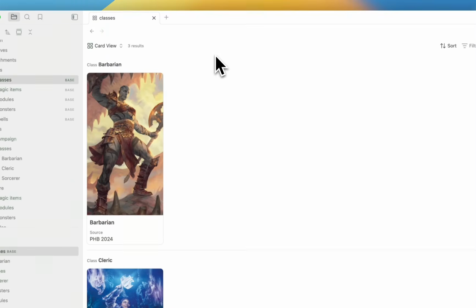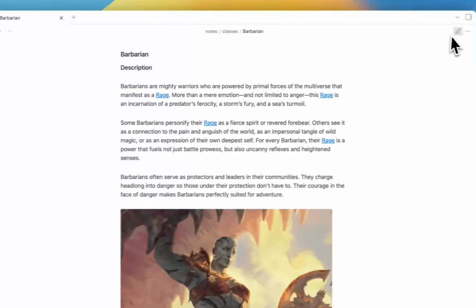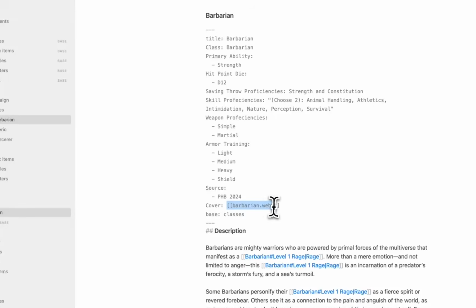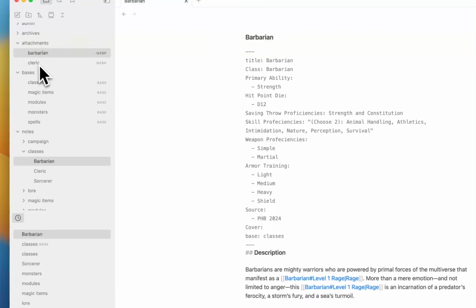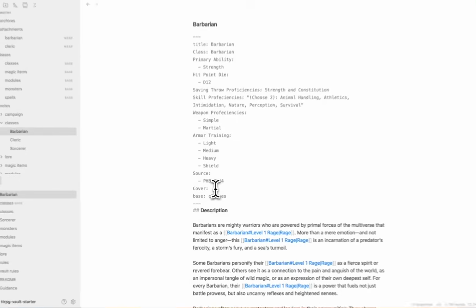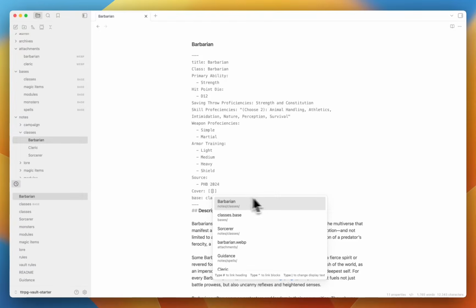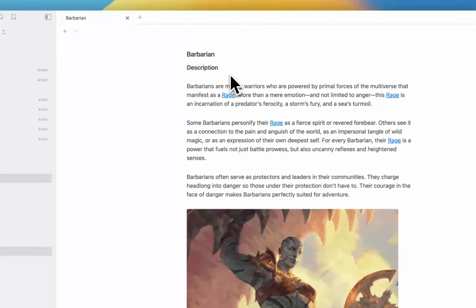But this is the card view, and this is really fun because for each of the classes, I have added a cover, and the cover is one of the images I added to my attachment. So how to target a specific image: you can simply do the double square bracket, and now you can see in the attachments I have a file that is named barbarian.webp. You can click it. Now it's added to that metadata,